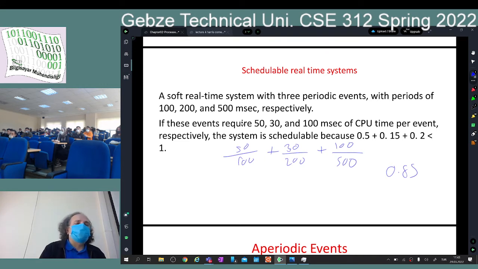What I am trying to say is that the scheduling algorithm for real-time systems is simple round robin. There are no priorities. There are no quantum times that you can adjust. The process says that I need to check the temperature of the brakes every 200 milliseconds, and you can't do anything about it. It says that I need 30 milliseconds of CPU time, and that's it. The process already knows how much time it needs. As an operating system, as a scheduler, you cannot change these decisions. That is against the design principles of a real-time computer.